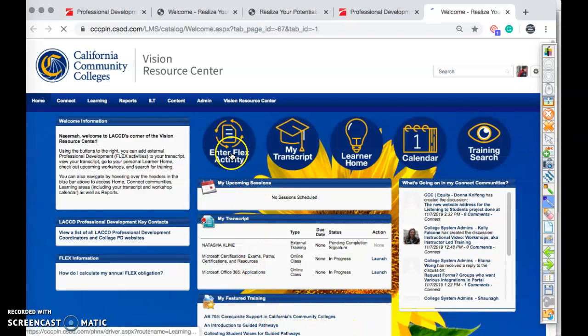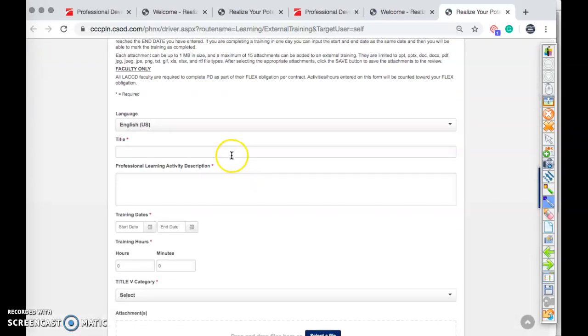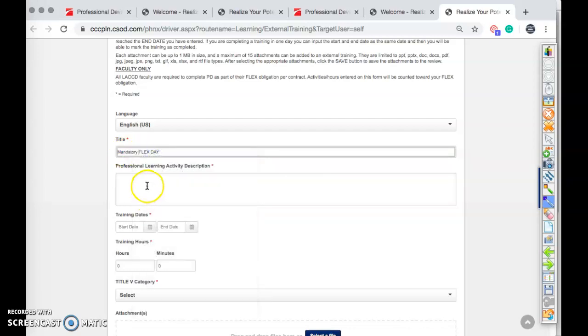The first thing we're going to do is we're going to enter a flex activity. Now, this is going to be a little bit different, but in this particular case, let's just do one together. So let's just do mandatory flex day. And I am a math individual. Are you going to edit here? And so in this particular case,